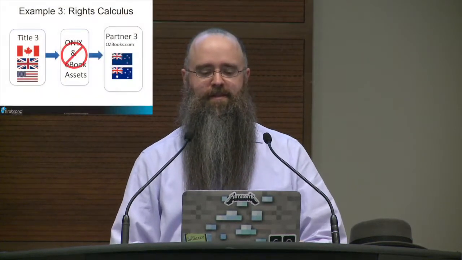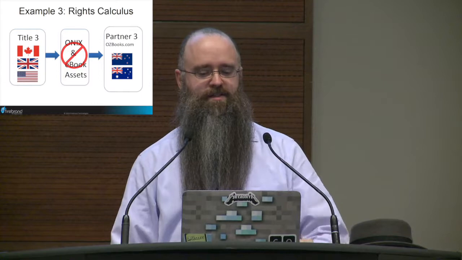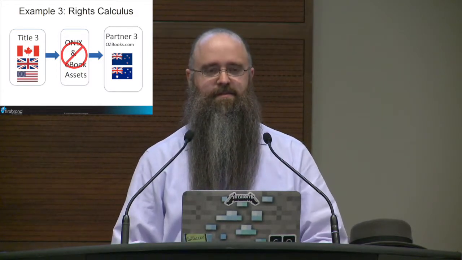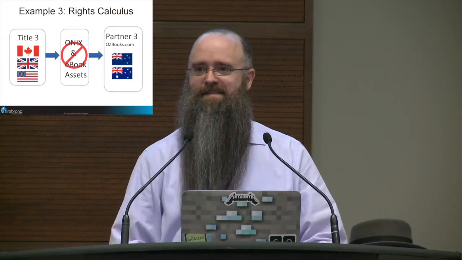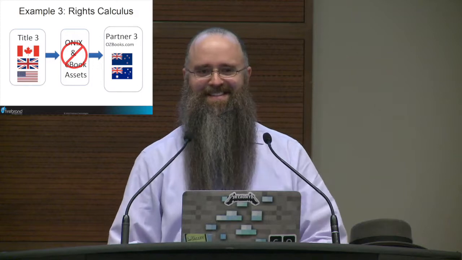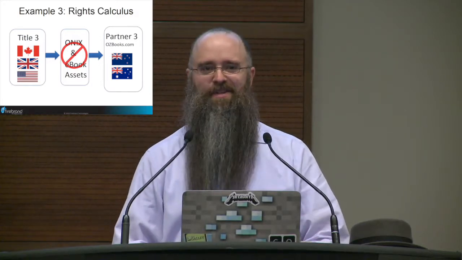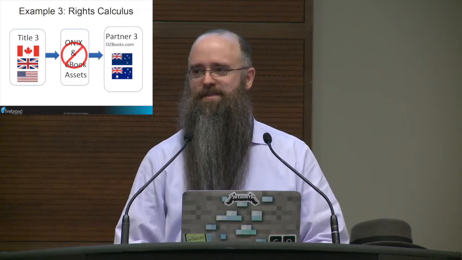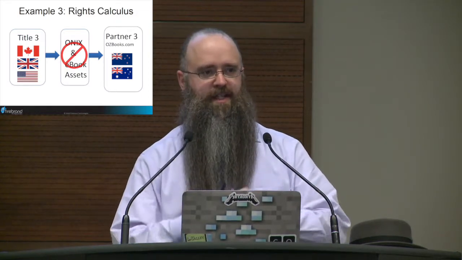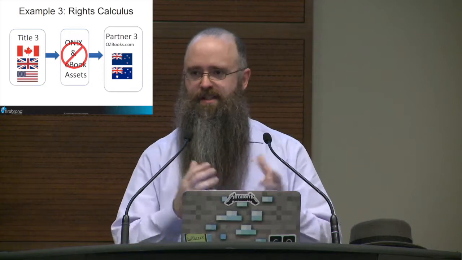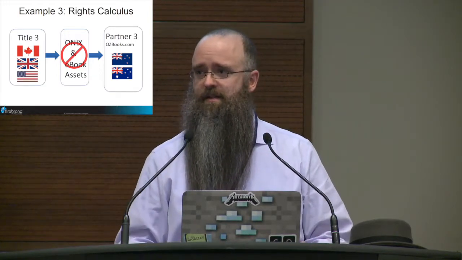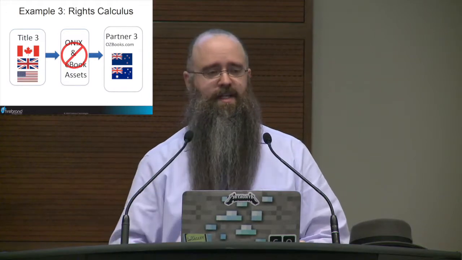Example 3. You have title rights in Canada, the US, and the UK. Ozbooks has Australia and New Zealand. Anybody? No. No, do not send them anything. Don't do it. There's no intersection. And again, this is where automation comes into play. Being able to slice and dice your data up and say, we have this book, it has these special rights, we have control over these territories, we can't sell it through this retailer. We're not going to send them anything. We'll send them the other data for other books that they actually can sell for us.